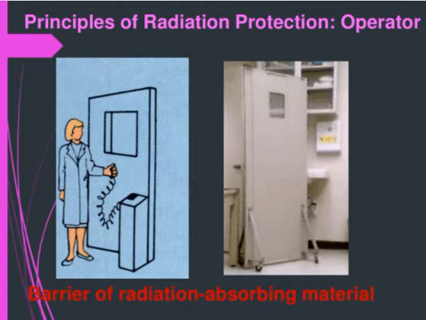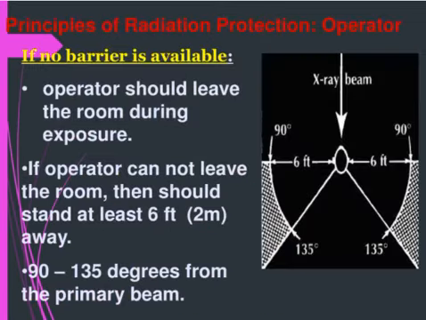Now, what if you don't have both? If you don't have both in your clinic, then what will you do? So this is your patient, and this is the patient's nose and eye region, and this is the X-ray beam. Okay, so in this case, the X-ray beam is coming from the front. So in such a case, if there is no barrier or no room in your dental clinic, what you should do? This is the direction of the X-ray beam coming in, and this is 90 degrees